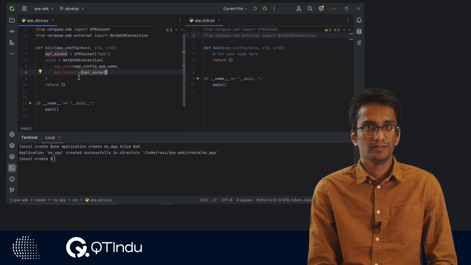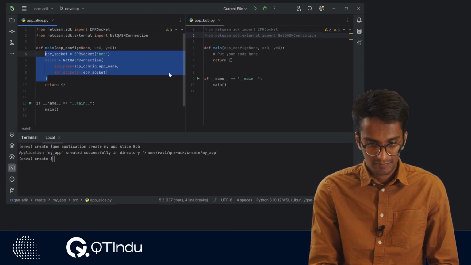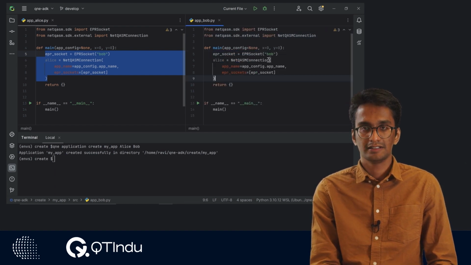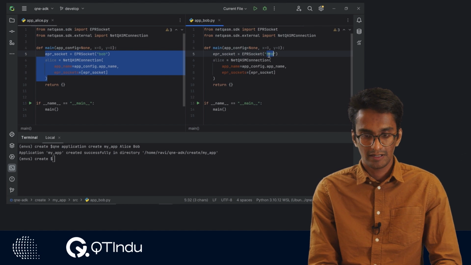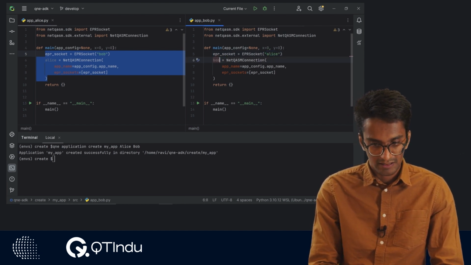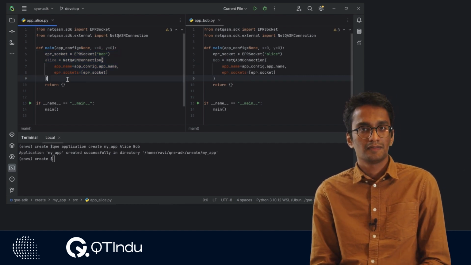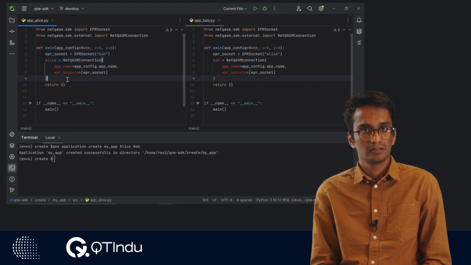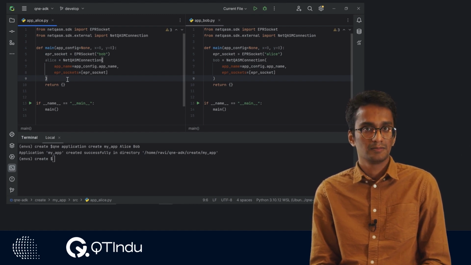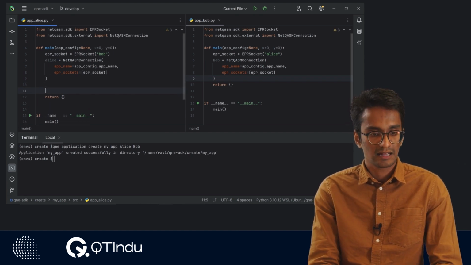Now since Bob has to do the same initialization, I'm just going to copy the code again and paste it here. But of course, changing the name. Bob needs an EPR socket with Alice, and Bob is creating a Netcasm connection object. Now that we have the elements required to run our protocol, let's go ahead and start it. The application logic for every application will be written inside a Python context. Let's go ahead and write the one for Alice.